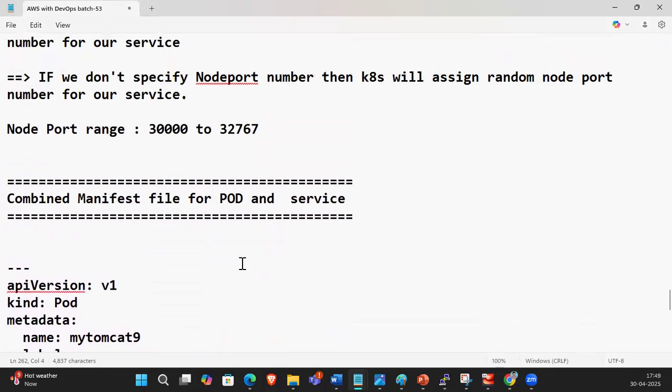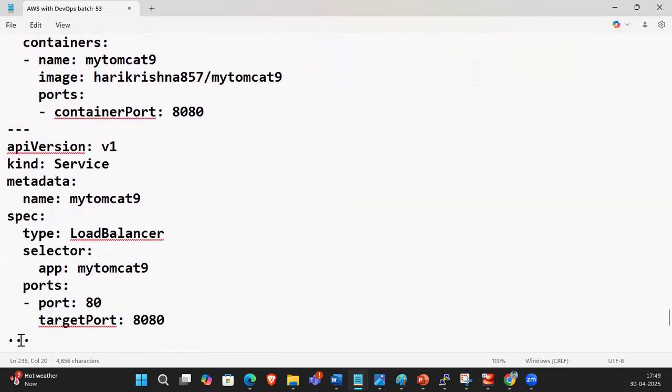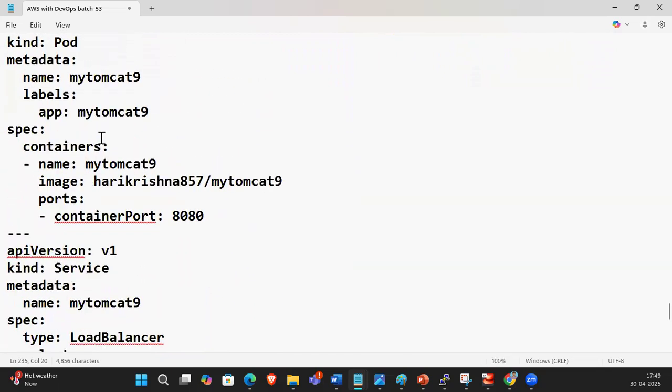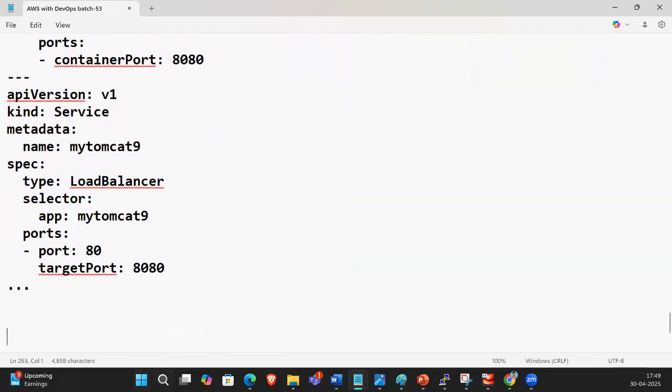Understood? In this file, we can end with dot dot dot, but for the combination of pod and service, how can you add both? We can use the triple hyphen in between the pod and service. Yes, understood. Next,